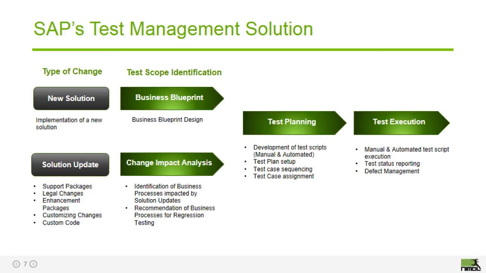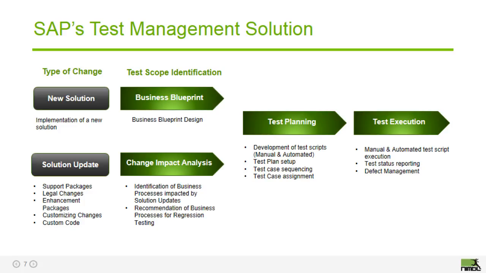My answer would be, okay, we have 1,000 test scripts. But really, was that a good answer? Does it answer the question, what is the coverage on the business processes? To be able to answer that, you need to define what is 100%. Then you'll be able to say, yes, we have 100% coverage, or we have 90% coverage. So building a business blueprint is the backbone, the key to defining what your test